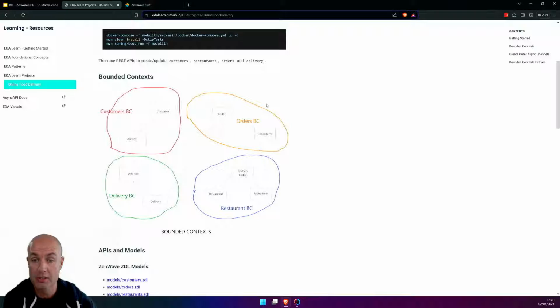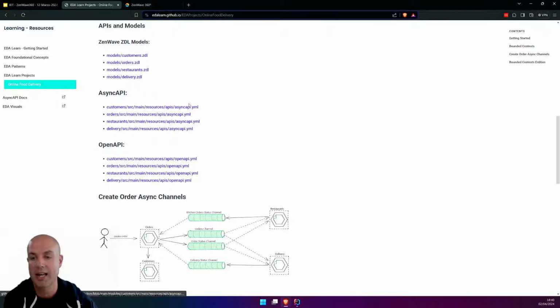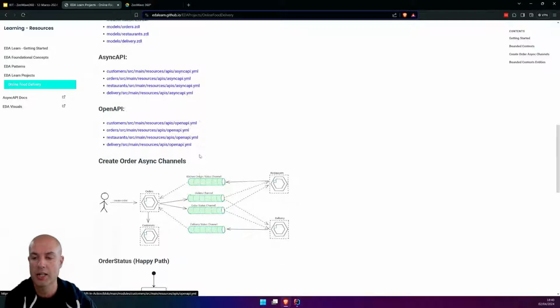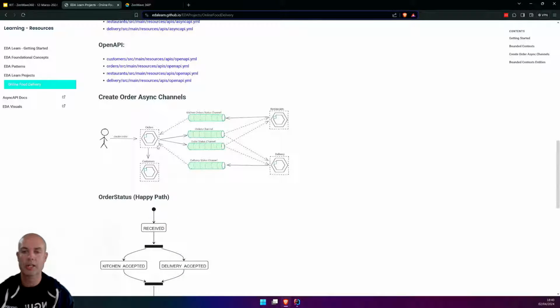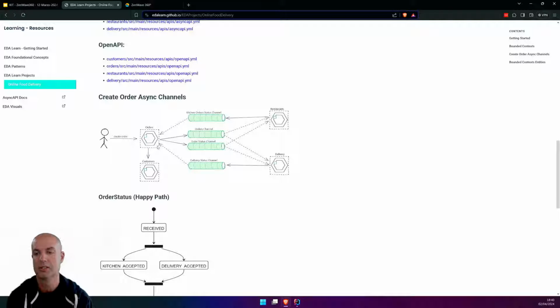They share nothing. Each of them has an API-first specification for asynchronous messages and an OpenAPI specification as well for synchronous communication. And they work as loosely coupled, event-driven components.